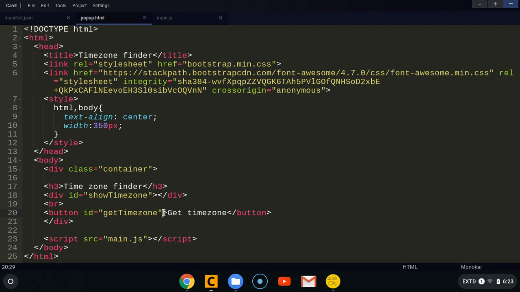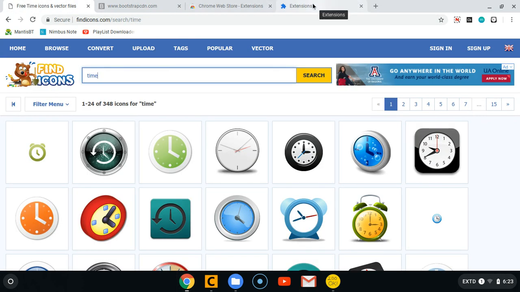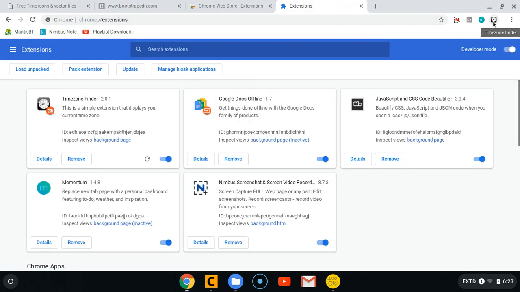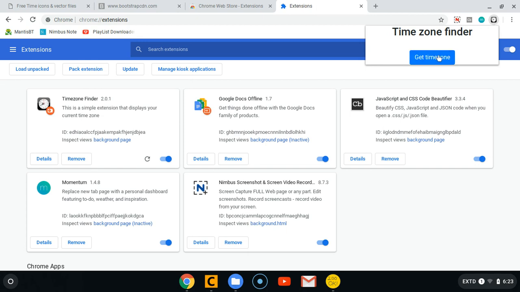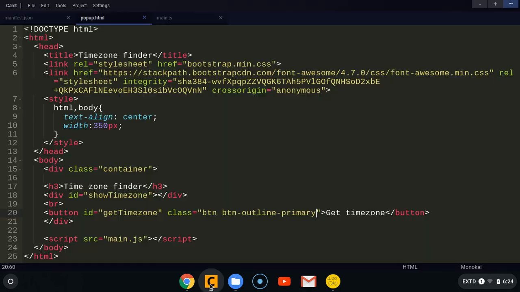So I'm going to design this button with the class of btn outline. So these are Bootstrap classes primarily. Oh, this is not the page, you have to refresh. It's this. Then click here, you can see we're having some styling, but right now it looks weird. Then what we need to do,